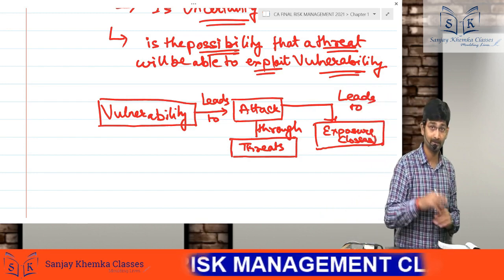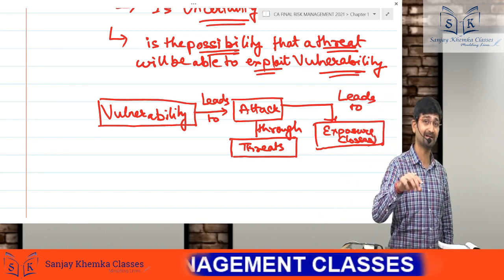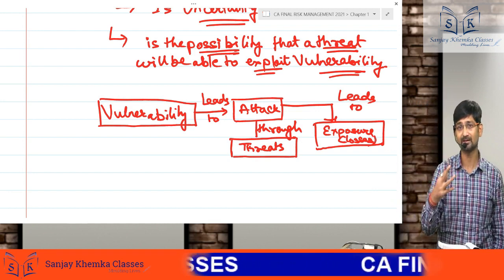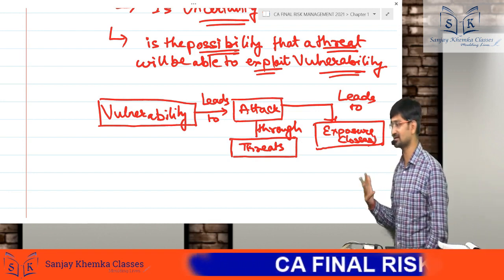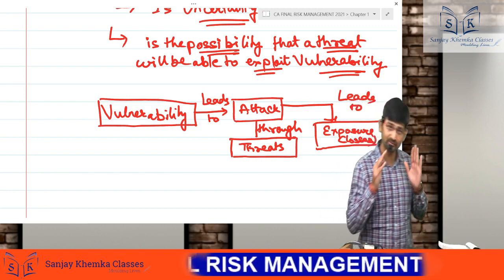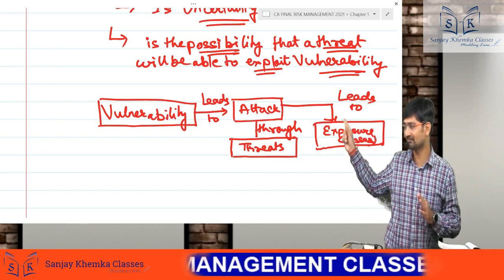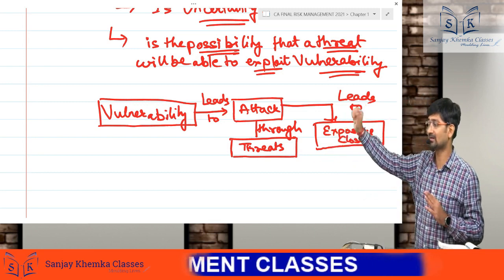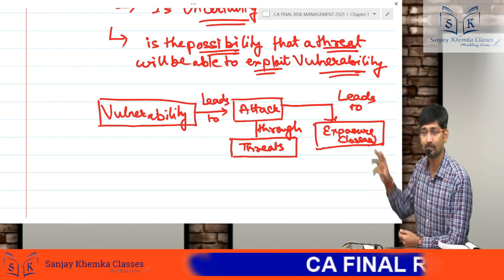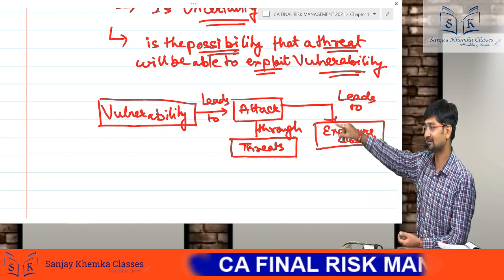But if there is a weakness in my controls, and if I have unwanted people, thieves around me, then they will be able to exploit the weakness and cause losses for me. All I'm trying to make you understand is that for risk, you need to have both. You need to have a threat and you need to have a vulnerability. Only when you have both, then you have the possibility of an attack happening, and that attack will lead to